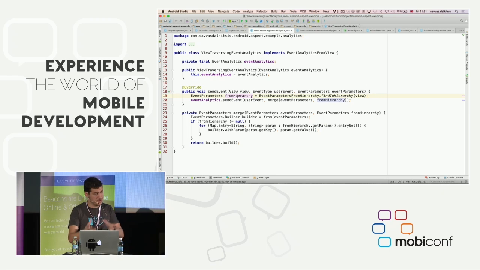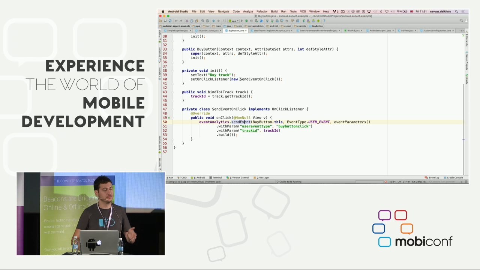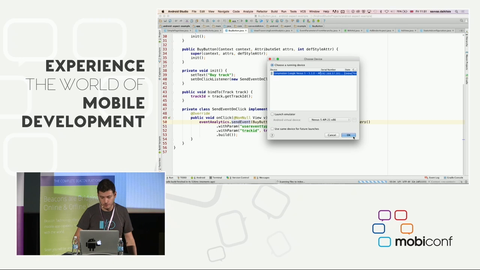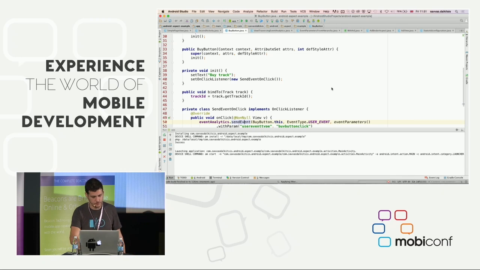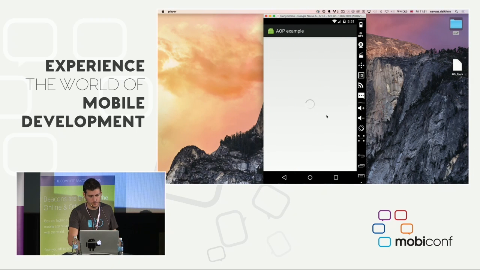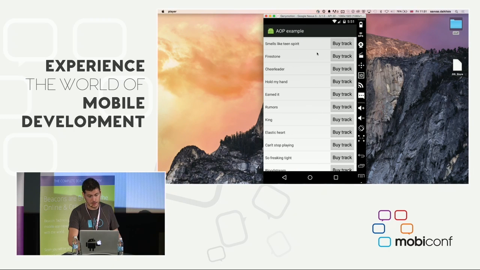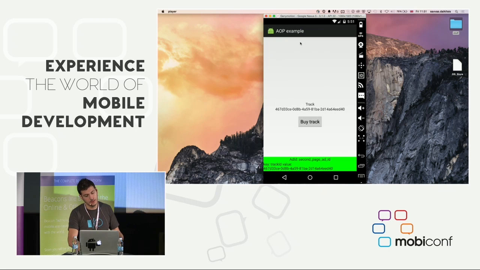It takes that bundle from the object that it found, and then it merges it with the bundle that the user provided in that button. It's literally a simple map of strings. It just merges the two maps together. So now when I launch the app, not having modified the buy button, apart from just adding this into the first call, I will press the buy button on the main screen, then open the second screen, wait a bit, and then press it again.